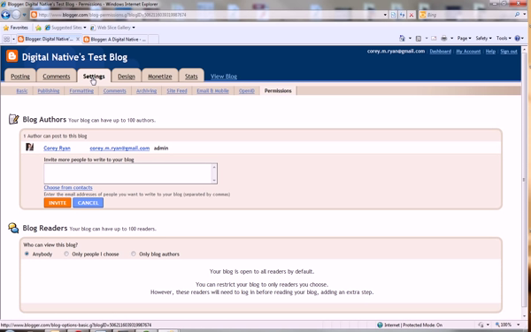So again, those are the settings, and again, it's basically a give and take here. The important ones are the comment settings and the permission settings, I think, and that's why I really like Blogger, especially for teachers, is because it's a tool that you can have a lot of control over, and I know that's what, as teachers, you really want in terms of having a social tool with students on the